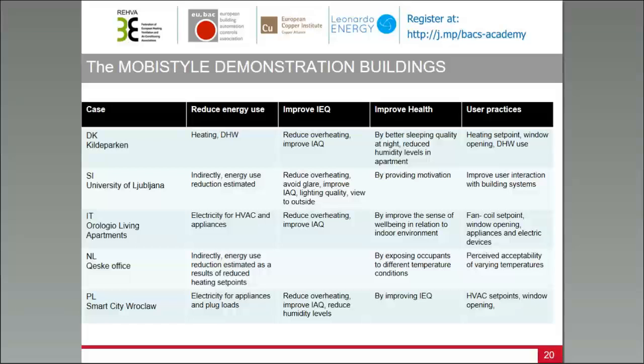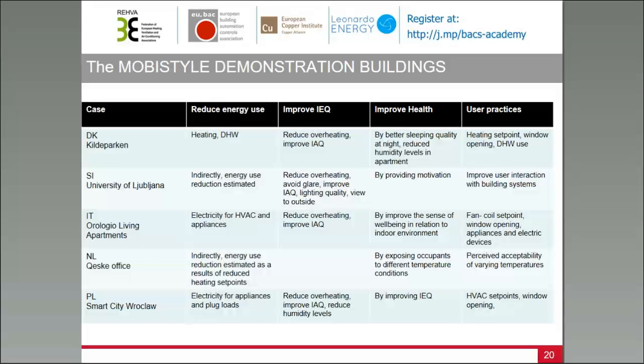As you see here, the different demonstration buildings are also trying to accomplish different objectives. First, in some cases, we are trying to trigger energy consumption reduction, for instance in heating, domestic water, electricity, or energy use of appliances, depending on the demonstration site, of course.